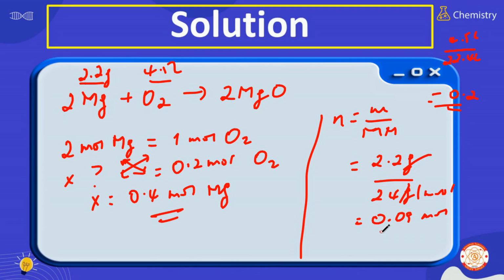The amount of magnesium that I have is 0.09, which is less than 0.4. And this makes the magnesium the limiting reactant because it is the reactant that completely runs out first. Therefore, magnesium is the limiting